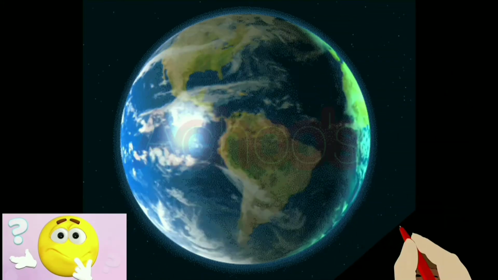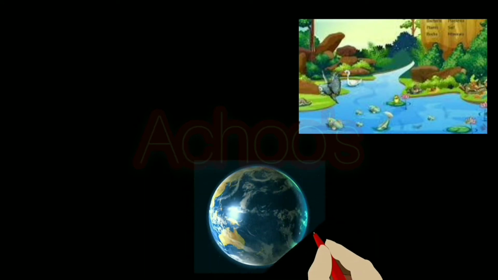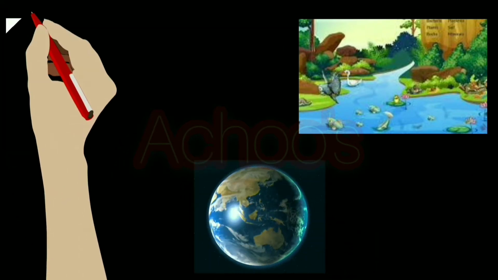Look at the earth now. There are two colors, that is blue and green with brown, right? So here the blue color indicates the water body of the earth, and the green with brown, that indicates the land of the earth.